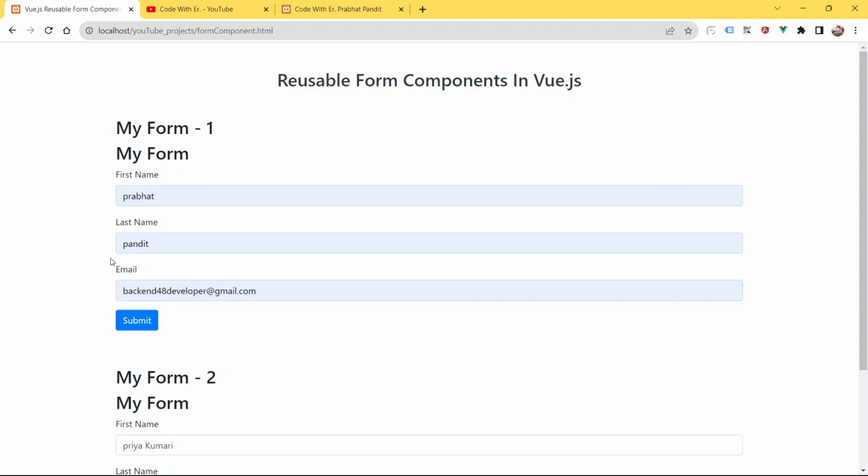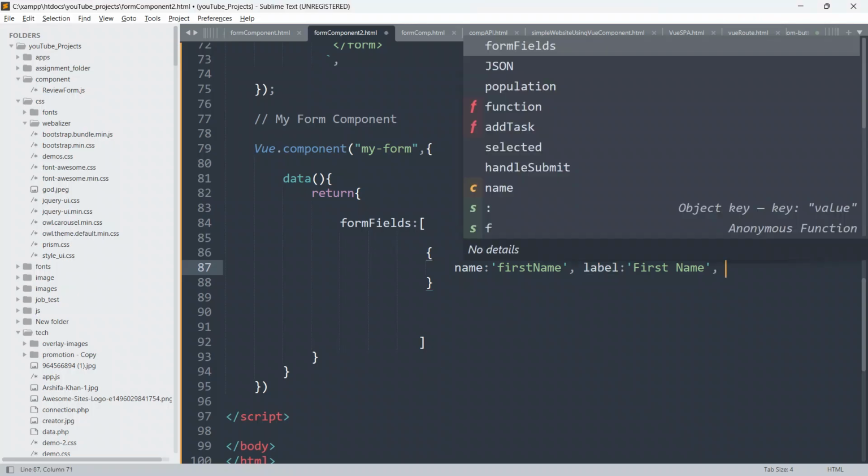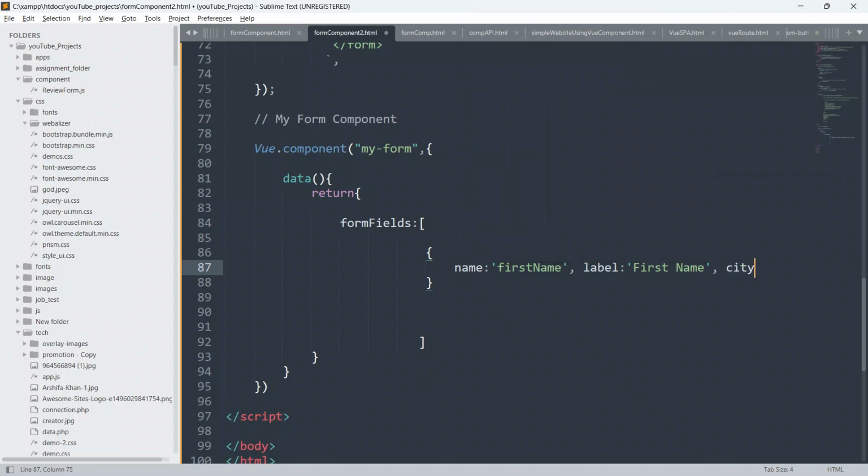Okay, so now put comma here also, and I will just give the type also. So type, put colon, and put single inverted comma, and I will say text. Okay, so guys, as you all know, we have input types of text, email, password, date, like code.